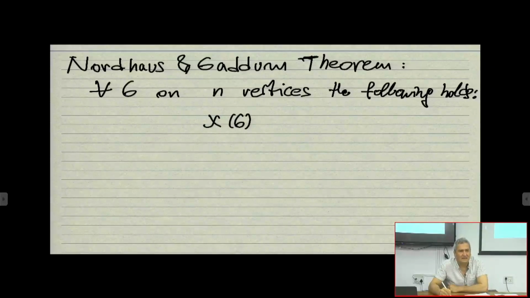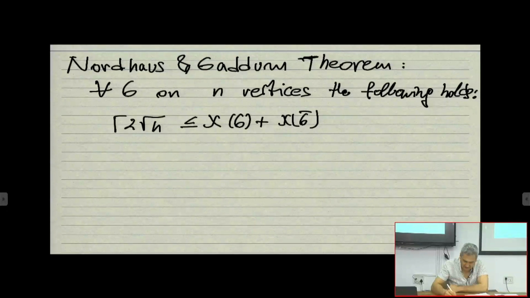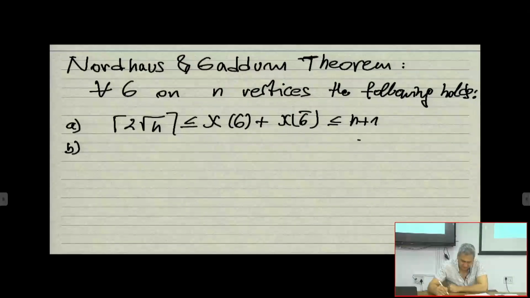If you take the sum of the chromatic number of G and of its complement, then it is at least, okay, this is A, this is B, and if we try to multiply them, then we're going to have